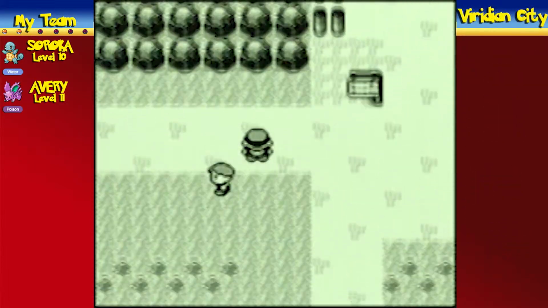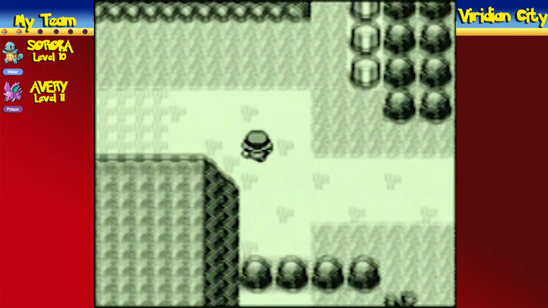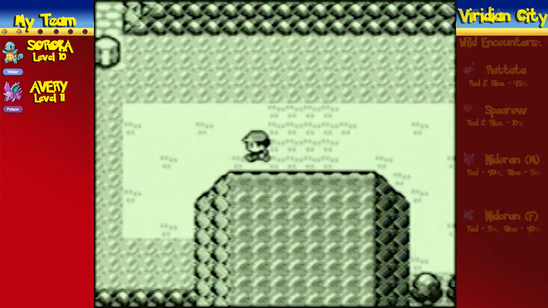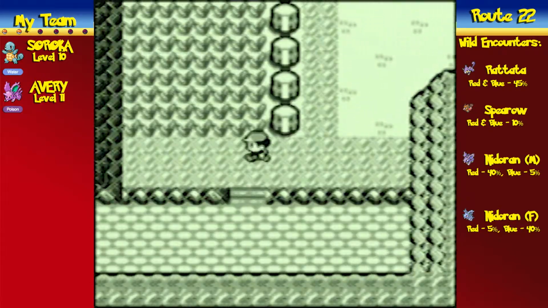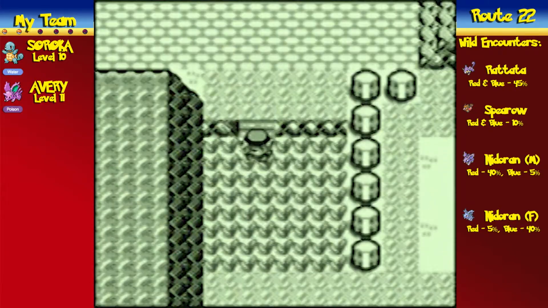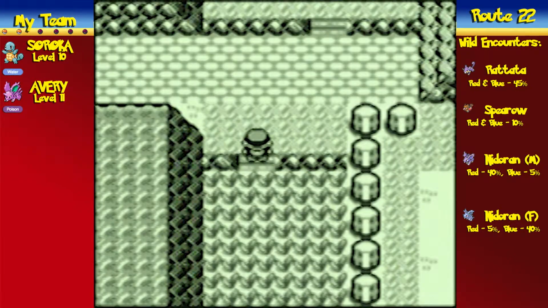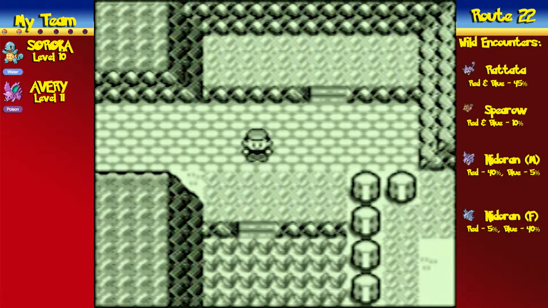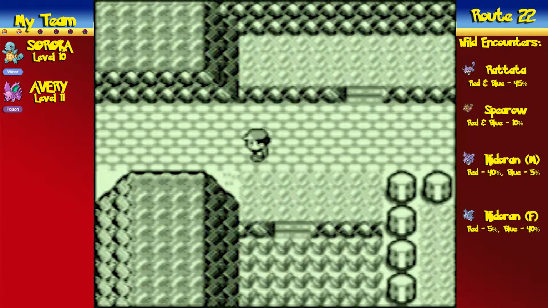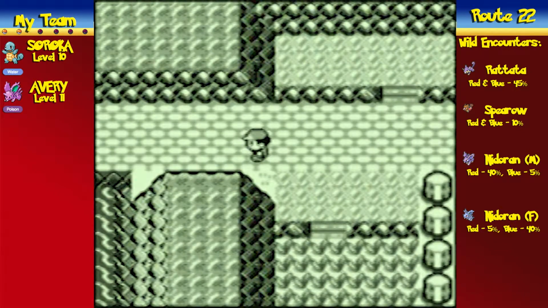Alright, everyone. So back here in Viridian City, as I hope you remember from the first part, we came out here to the side of this route. This is Route 22, if you haven't noticed on the top of the sidebars. And I hope you're liking the sidebars, because I put quite a bit of work into them. Regardless, Avery did grow not only 1, but 2 levels. So if you come out here on this next tile, it's going to be that hidden...